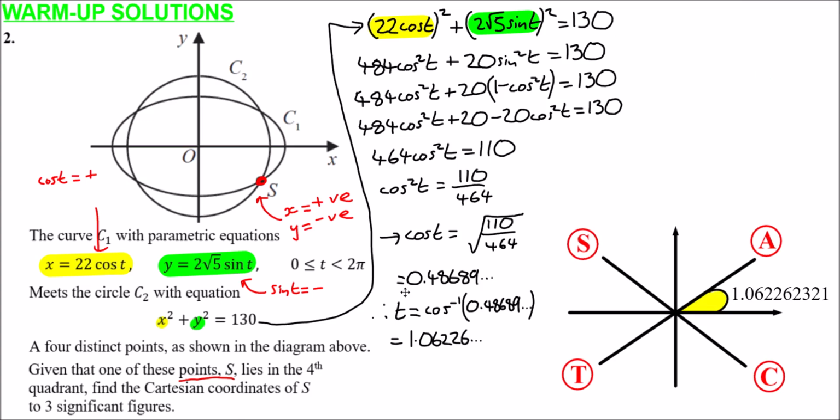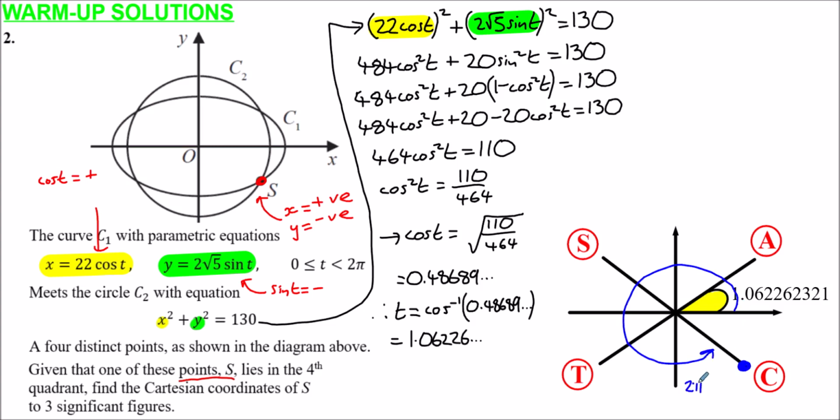So if t were 1.06226, this would make sine t a positive value. Whereas actually I don't want sine to be positive, I want sine to be negative, but cosine to be positive. So the actual quadrant I'm wanting is this one here. And so the angle for t, what I'm wanting for t, is actually this blue one here, which will be